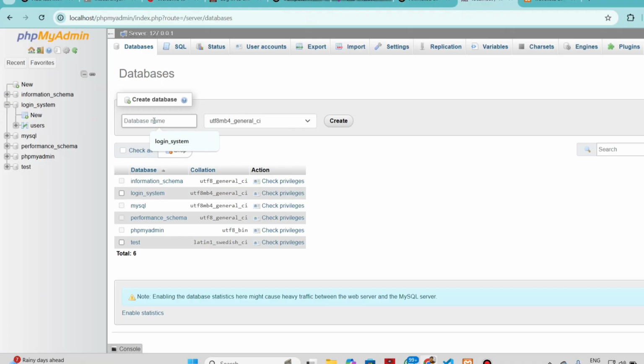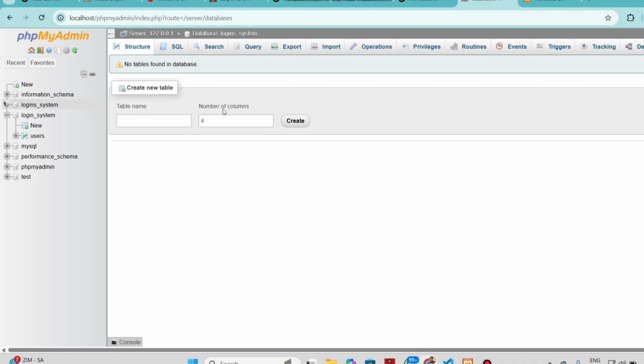Create database name. In this our database name is login system, and here I am also giving login system, but change something in this to not match the database name. So I have created a login system. Okay, now click on create. Our database is created. You can see here,